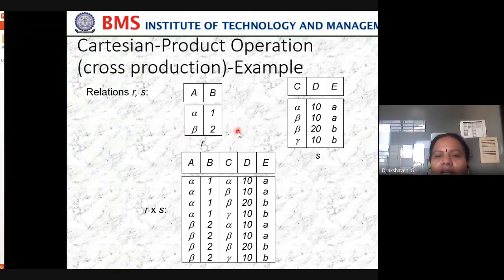In the same way, second with first, second with second, second with third, second with last. Combine all of these, and that is what is called a Cartesian product.